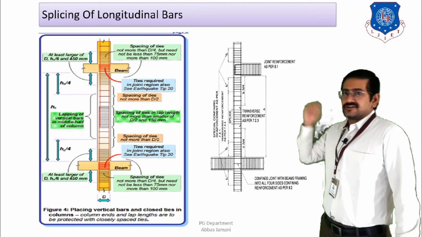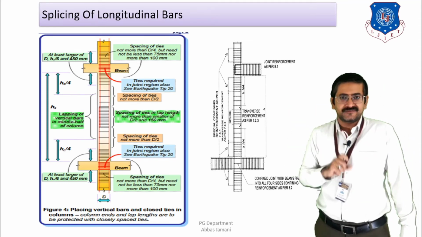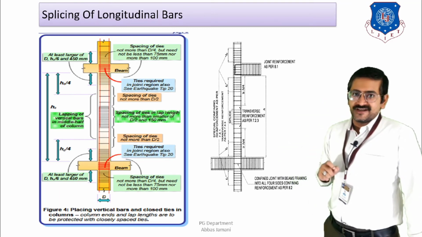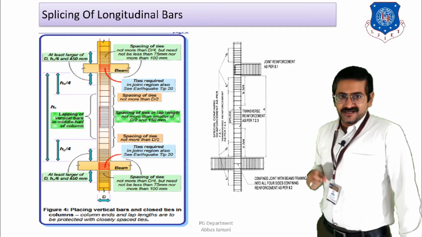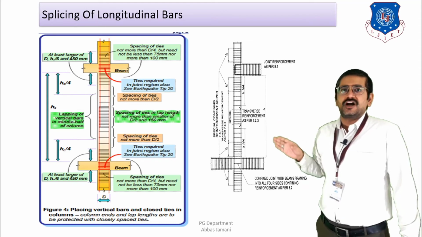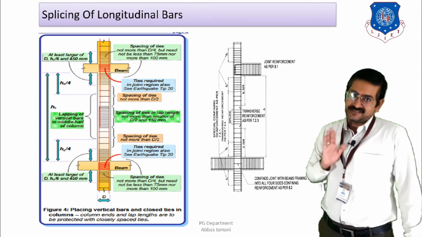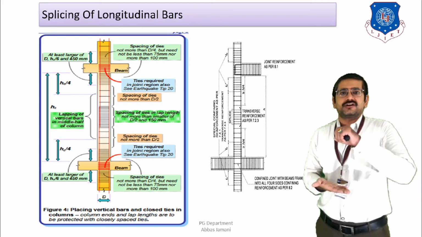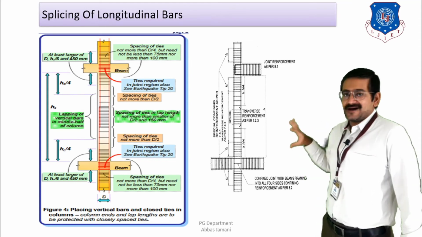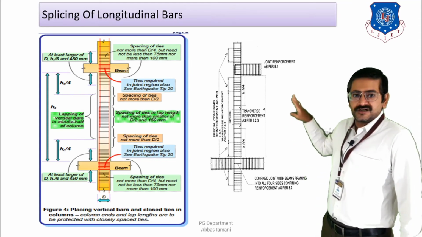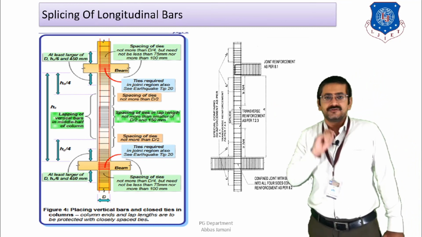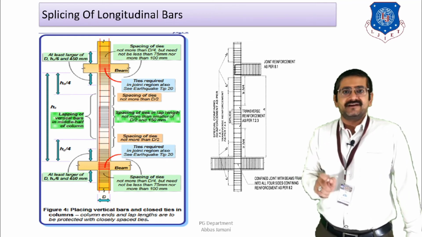The special confining reinforcement guidelines are given in two forms. First is the height of the special confining reinforcement, and second is the spacing of the stirrups. So what the code is saying is that whenever the splicing of bars is done, the spacing of closed stirrup, that is the transverse reinforcement, should not be less than d by 2 or 100 mm, whichever is less. That is, in the portion of the splicing of bars, the stirrup should be closely spaced, right? Then once the splicing region is over, from that portion onwards to HC by 4, as you can see in the figure, the spacing of closed stirrup should be d by 2.